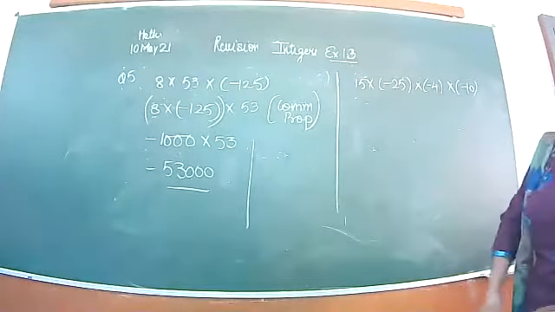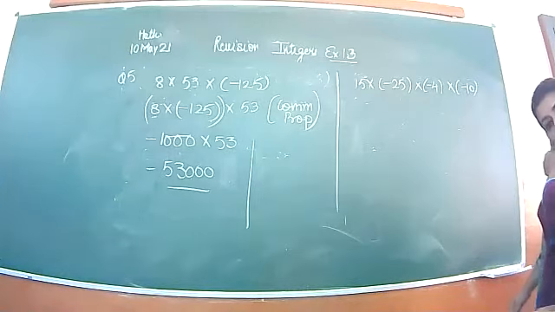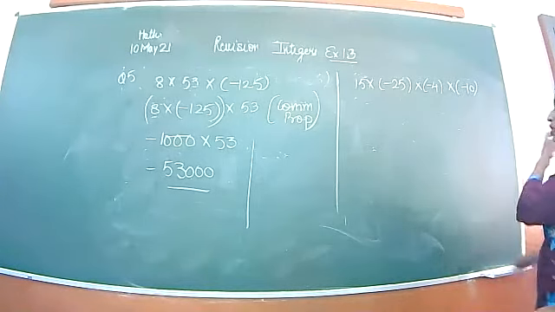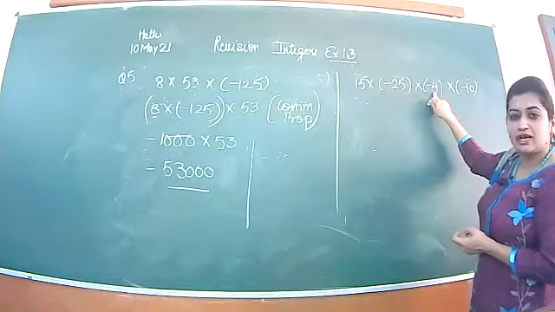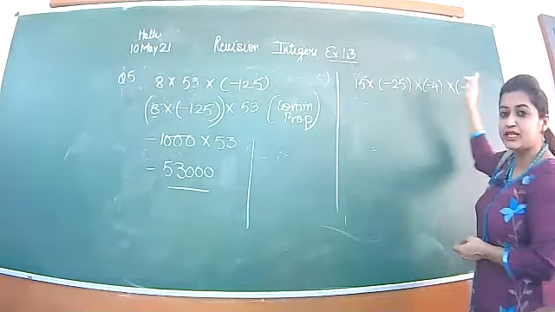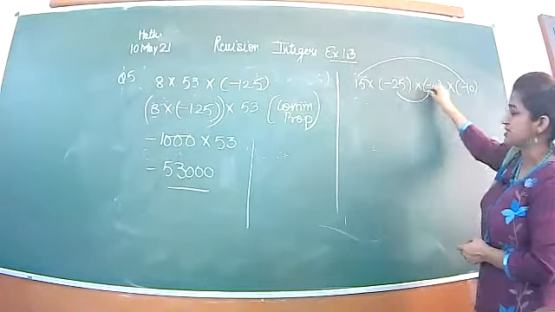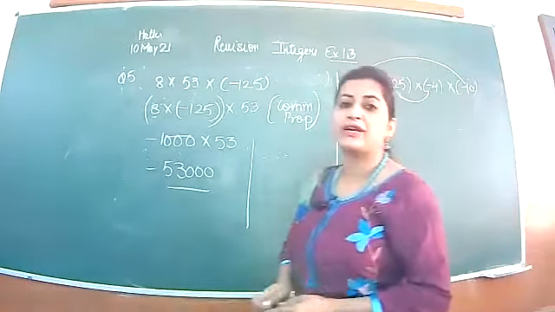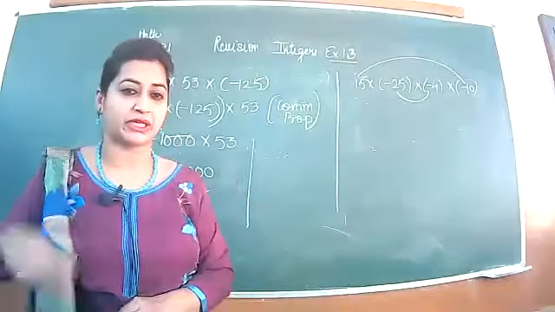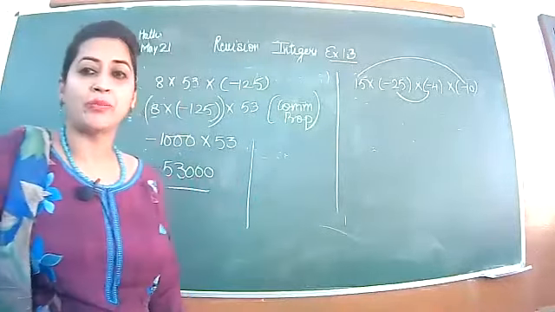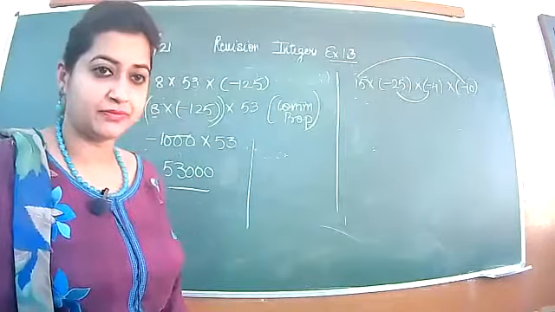So find the pair of two terms that will give you the maximum number of zeros. 25 into 4 is 100. 15 into 10 will give you 150. First with 4, and this one with this one. Pair them and you will write commutative property. What will you write? Commutative property.